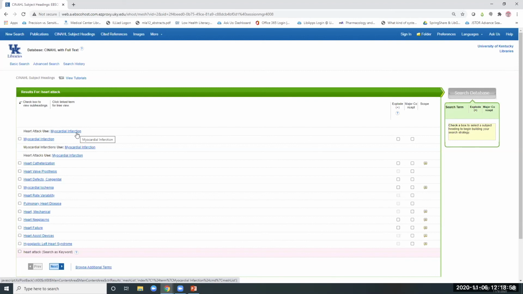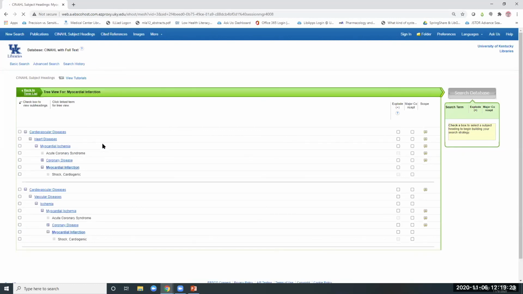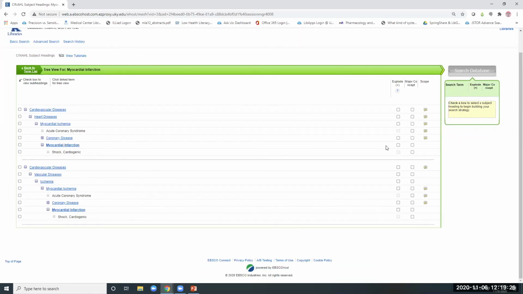Again, this accounts for anomalies in the way we say things and the way terms are used. So heart attack is used for myocardial infarction, or it's just a way to account for the variations in the terminology that we use. So if I click myocardial infarction, you can see